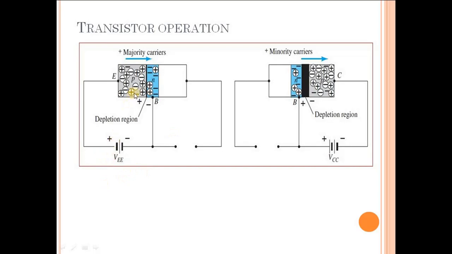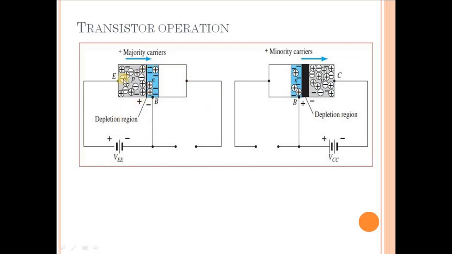So we have our PNP BJT to discuss its operation, and I have two circuits for this PNP BJT. This is the P layer, N layer and P layer. So this makes a PNP BJT. This P layer is the emitter layer, so the emitter terminal is coming out, and this N layer is the base layer, so the base terminal is coming out over here. This layer being the collector layer, the collector terminal is coming out of here.